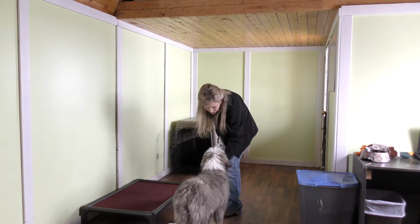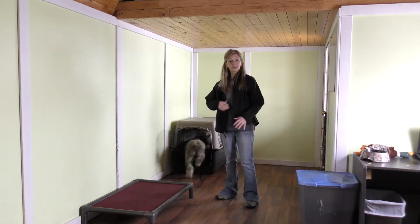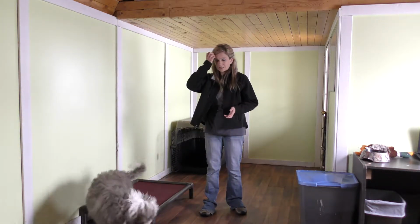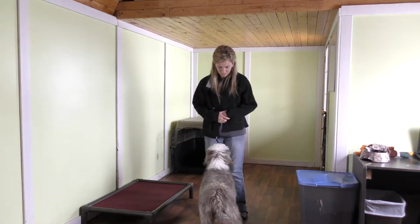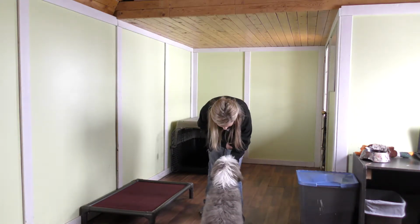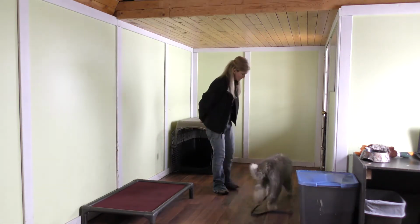Good girl. And you may have also noticed that I didn't reward her with a treat when I let her out of the crate. Anytime she's released from something, that release is a reward, and she doesn't need to be rewarded with any kind of a treat when she's released from something. Good girl. And so she's demonstrating the next of her manners, which is